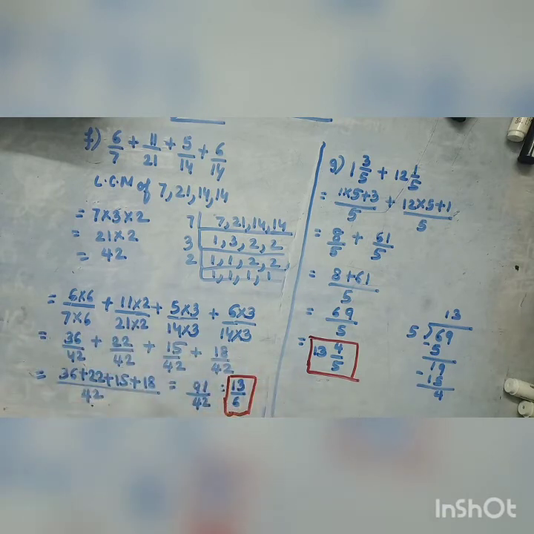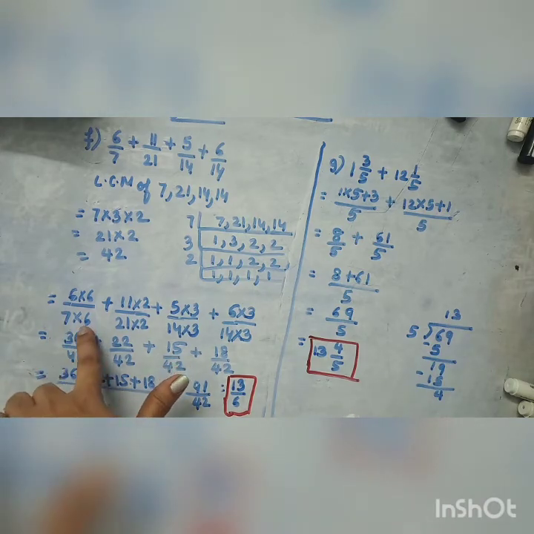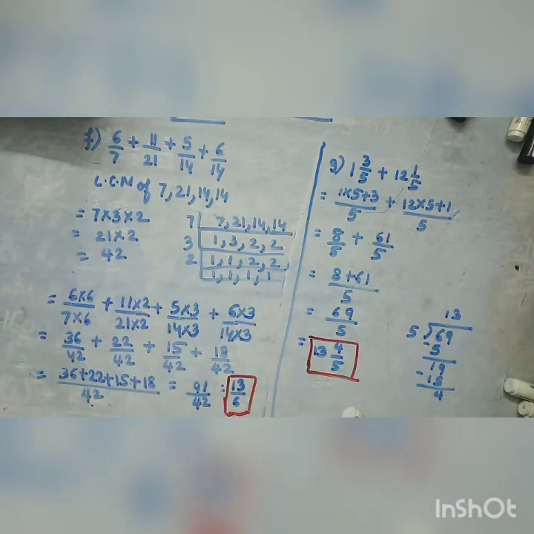ये जो स्टेप है, ये वाला स्टेप मैंने एक साथ लिखा है। ठीक है। इसके पहले वाले जो सम्स थे उसमें मैंने एक एक करके आपको बताया था। इसमें मैंने डायरेक्टली सम के साथ लिखा है। तो आपको एलसीएम 42 मिलना है। इसीलिए देखिए ये फर्स्ट वाला 6/7 मैंने लिया है, तो 42 डिनोमिनेटर आना चाहिए, इसलिए मैंने दोनों को 6 से मल्टीप्लाई किया है ना। फिर यहाँ भी 42 आना चाहिए, इसीलिए मैंने 2 से मल्टीप्लाई किया है। यहाँ 42 आना चाहिए, इसीलिए 3 से मल्टीप्लाई किया है। यहाँ भी 42 आना चाहिए, ये भी 3 से मल्टीप्लाई मैंने अप एंड डाउन को किया है।